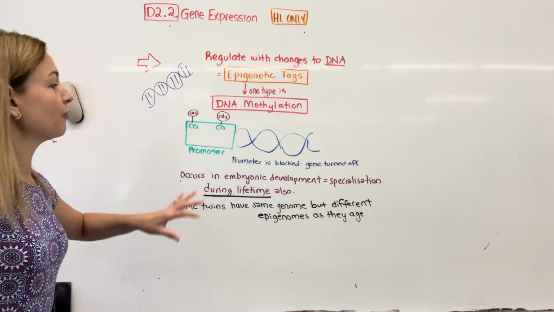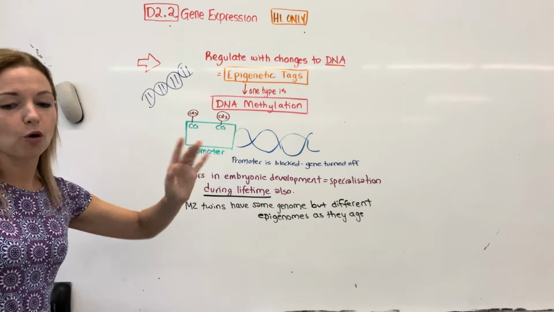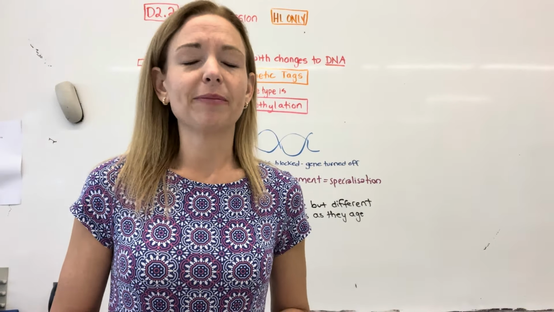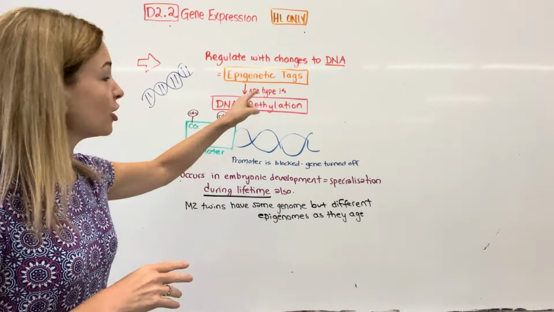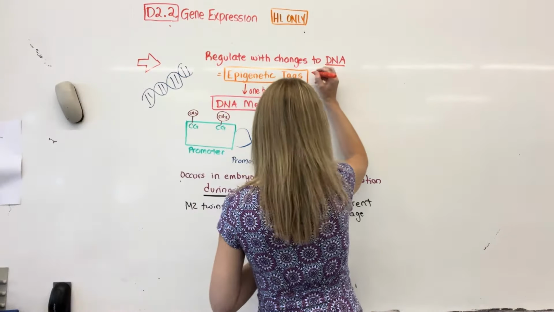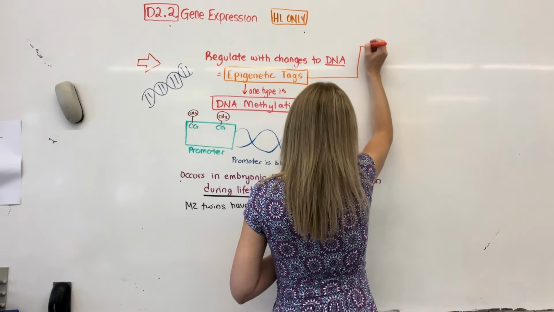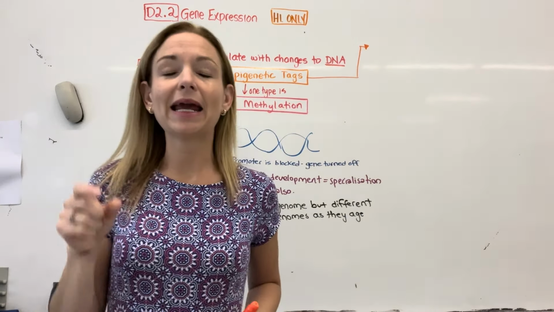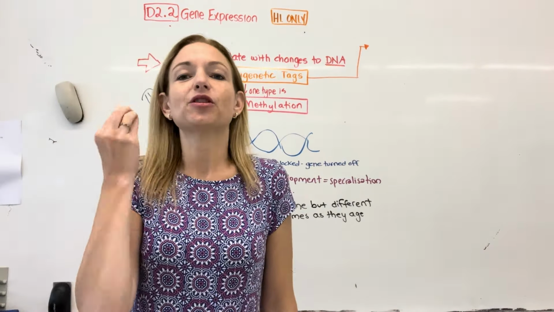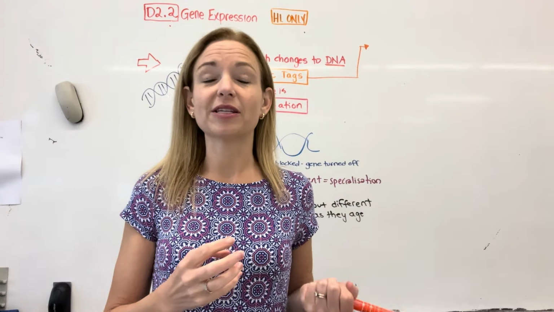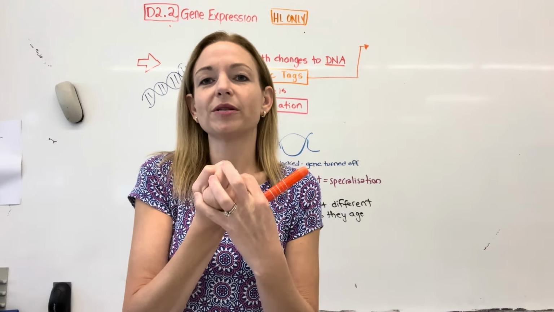Okay, so we need to talk a little bit more about epigenesis, whatever you want to call it. We'll go back to other ways of regulating, but now let's talk a little bit about these epigenetic tags. Epigenetic tags should be maintained in mitosis. So in theory, once a cell specializes, it keeps those tags. As it goes through mitosis, it holds on to the tags, and when it replicates the DNA, it matches those tags. So it went in as a liver cell and it becomes another liver cell. It still has all the genes, but it holds the tags.